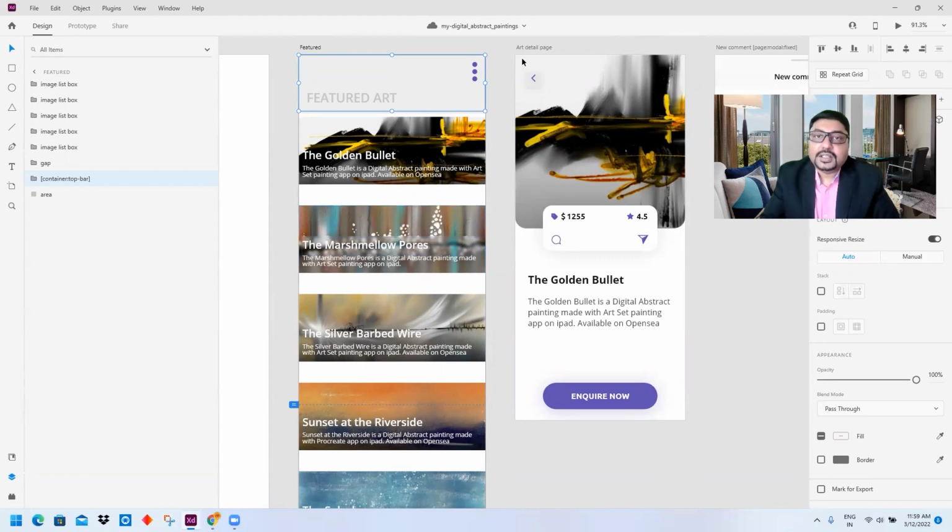Okay. Next is the art detail page. If you click on this particular image, this is how it opens up. For this demo, I have only made this one image clickable and none of the others.